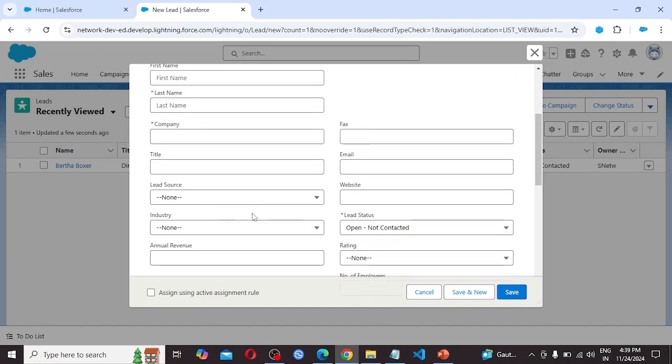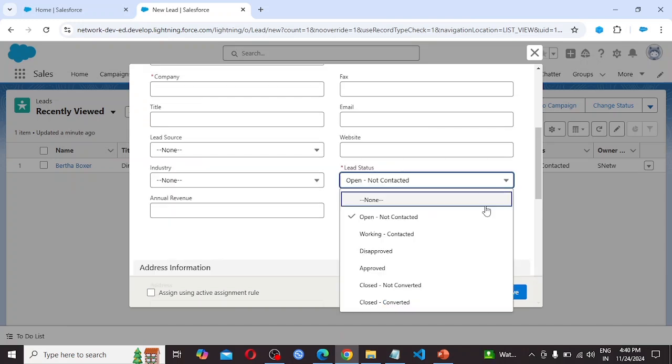And our criteria is, as per the standard values of lead status, that is open not contacted, working contacted, closed not converted, closed converted. These are the standard values for lead status, and I had added disapproved and approved for doing a scenario.